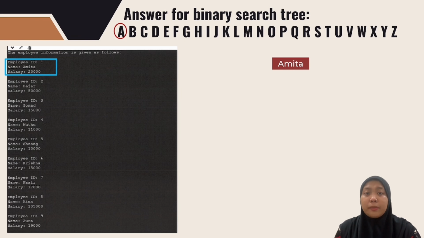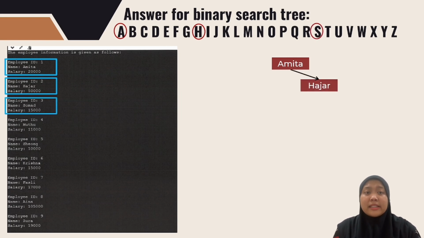Based on the first output, the name is Amita and it starts with A. The second output is Haja and the name starts with H. In this situation, H is greater than A, so it will move to right of Amita. The third output is Soman, the name starts with S and S is greater than H, so move to right of Haja. Next output is Mutu, the name starts with M and M is less than H, so it will move to left